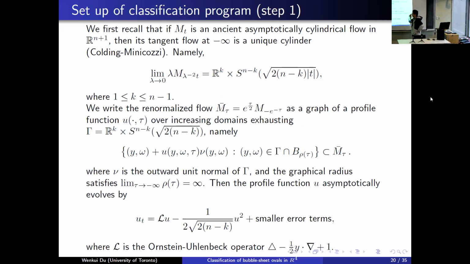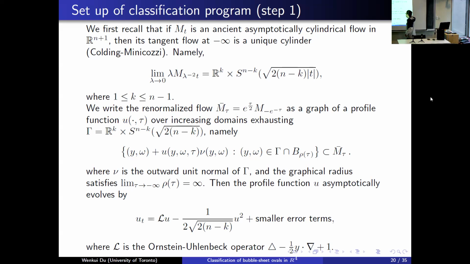And let us have a look at the setup. So we assume that M_t is an Ancient asymptotically cylindrical flow, and its tangent flow at negative infinity is the unique cylinder. This is just by the definition of an asymptotically cylindrical flow. Because of this setup, we can do the renormalized flow, because this cylinder depends on t, and after we renormalize it, it's close to a fixed cylinder. We kill the absolute value of t. And we can write the flow as the fixed cylinder graph of some profile function u,